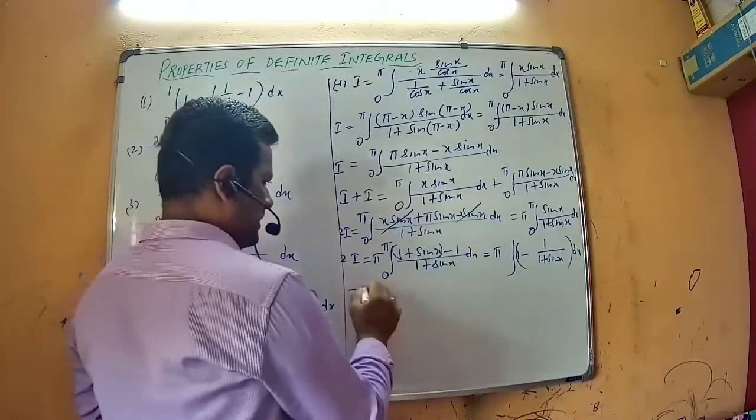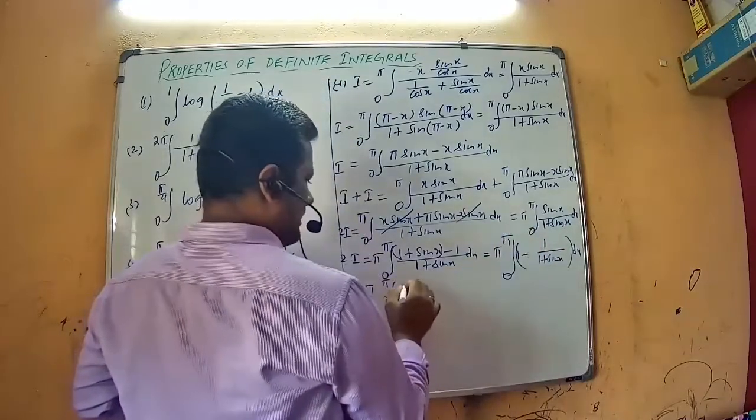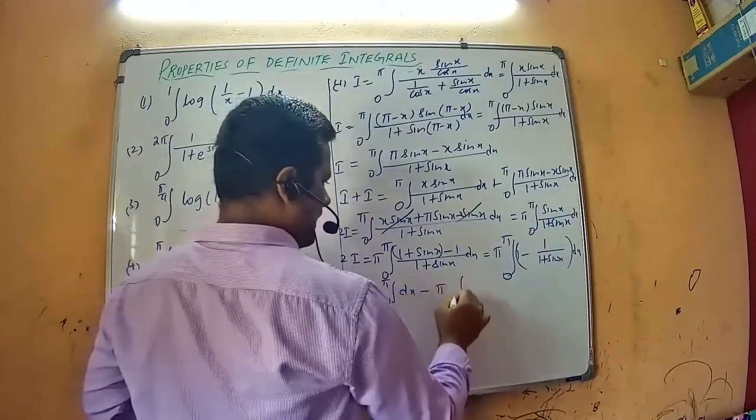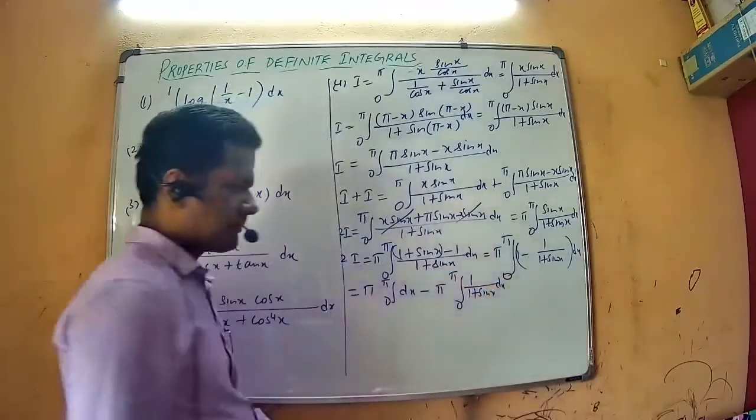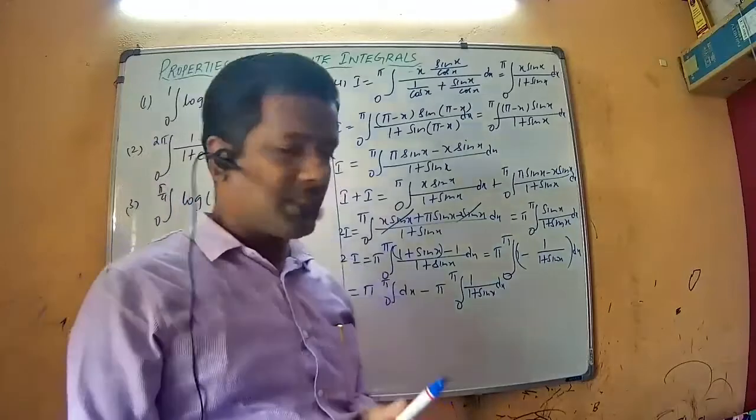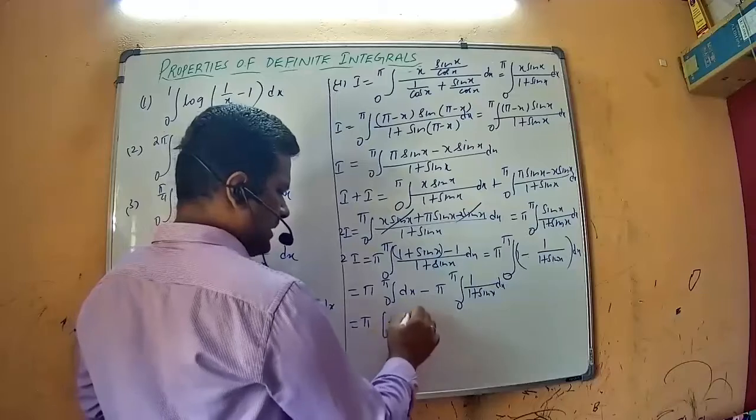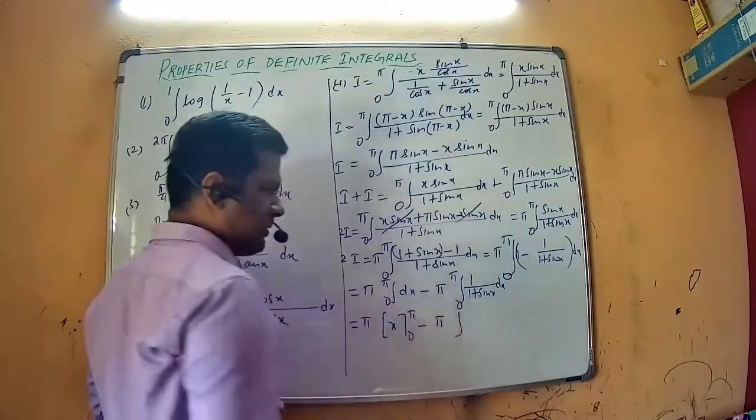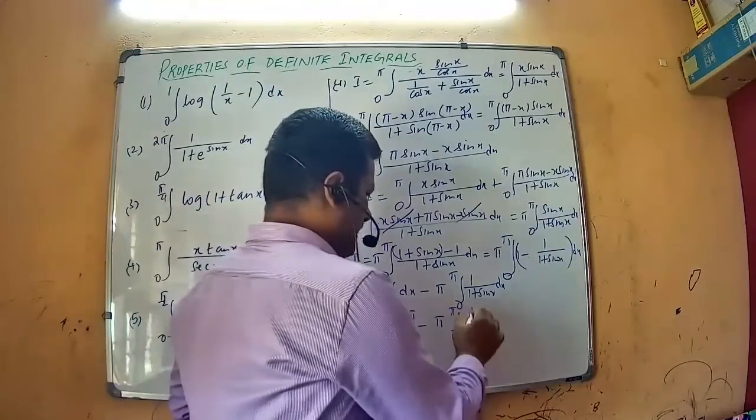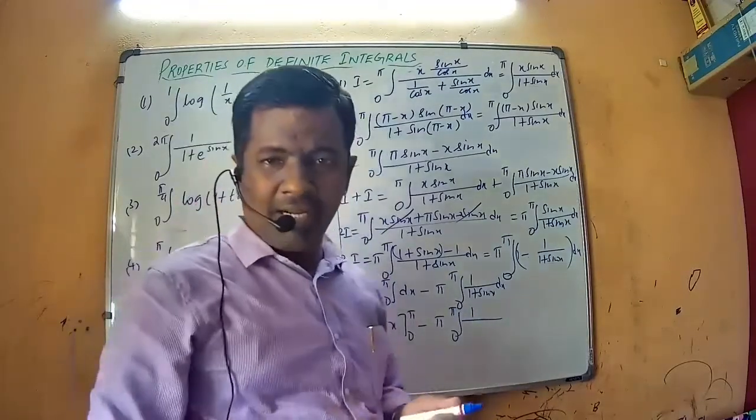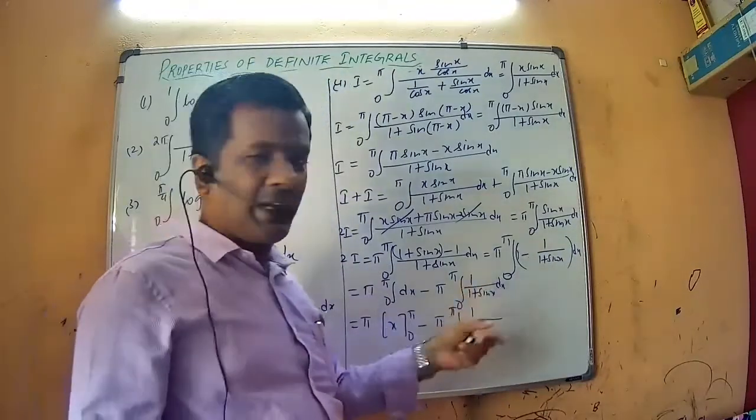This is pi into the integral, with limits 0 to pi, of dx, minus pi into the integral from 0 to pi of 1 by 1 plus sine x dx. Here if you integrate, you are going to get x within the limits 0 to pi, minus pi into, here I am going to apply the property again, 0 to pi 1 by 1 plus sine x as sine of pi minus x,